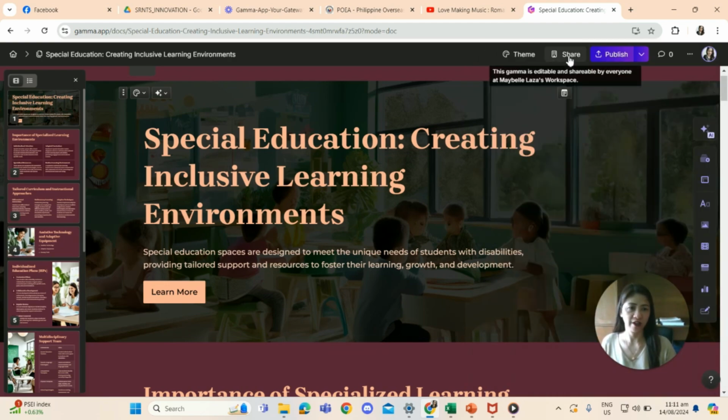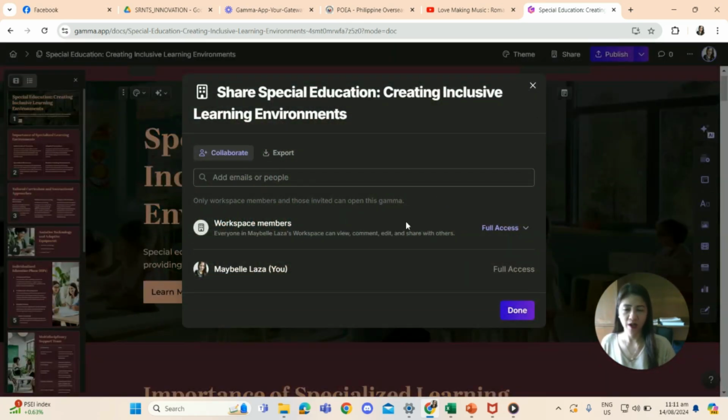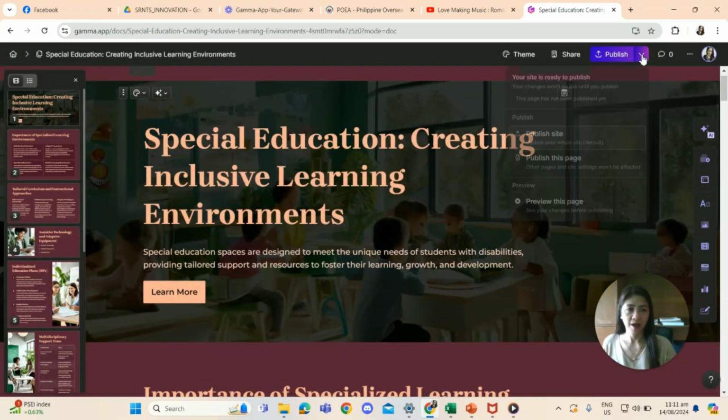Then we have to share. If you want to share this one, of course, you have to add your email address, if you want someone to share with your website, you can do it, and we have to export the website. Okay, then once it is done, just click this button, Publish.